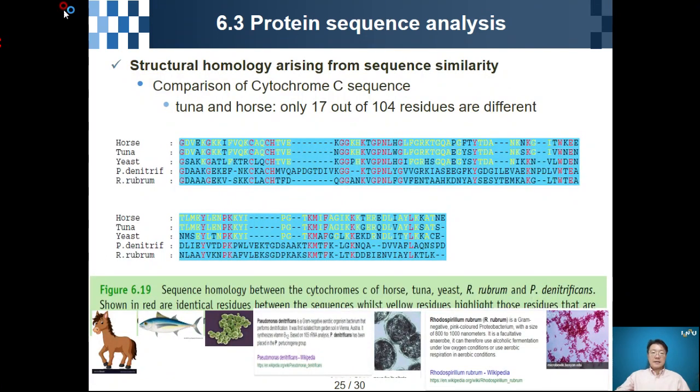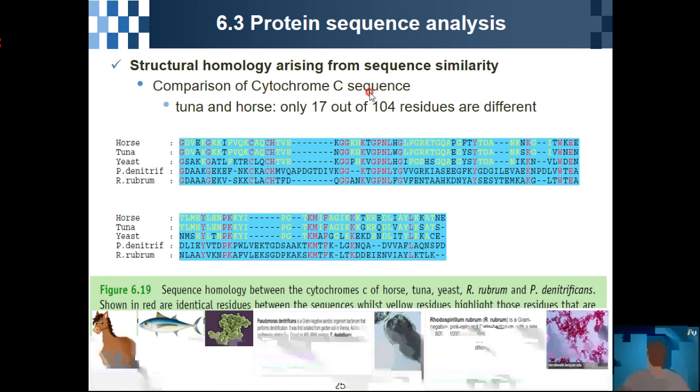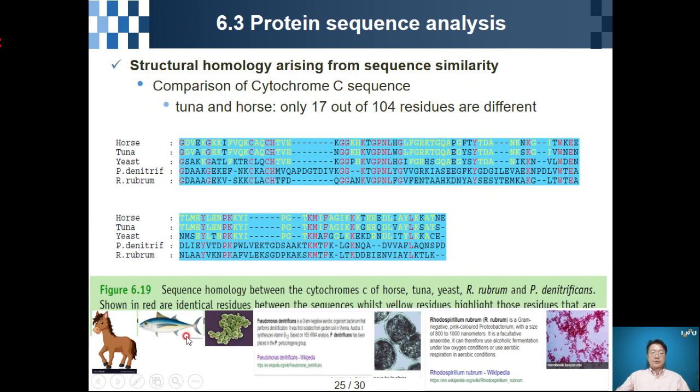So in this slide, I will explain the structural homology arising from sequence similarity. I will compare the cytochrome C sequence of the horse, the tuna, the yeast, and P. denitrificans, which is a gram-negative bacteria, and also R. rubrum, which is also a gram-negative bacteria. All five species have cytochrome C, and their sequences are nearly similar to each other, especially in tuna